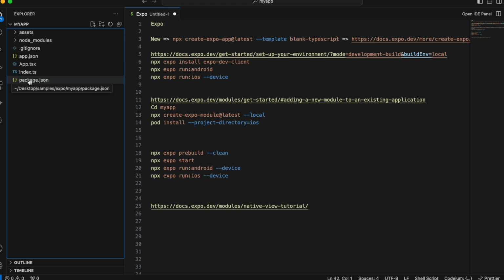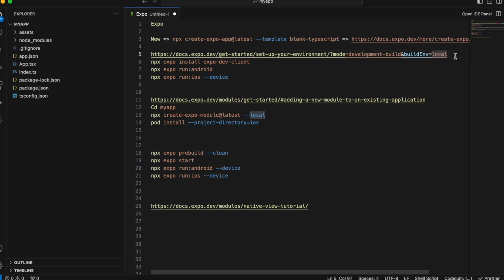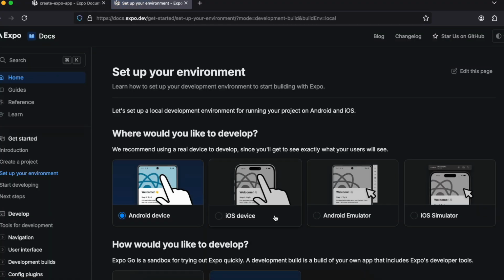Also one more thing which I want to inform you guys is we'll have to create a separate native module as well. Even though we have created those Android and iOS folders, we won't be writing any code inside them. We will be writing our code inside a separate native module. So firstly you will have to go to this particular URL and I'll paste it over here. Okay, then